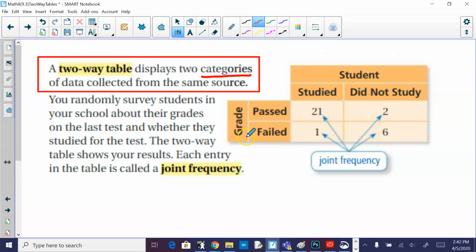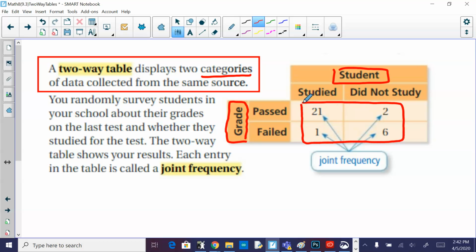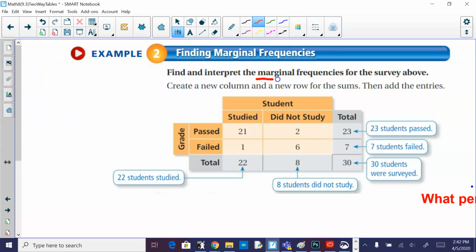So in this example, one category is what was the student grade, pass or fail. The other category was, did the student study or not study? And our joint frequencies are all of the numbers of all the responses divided into each category, so you can see how it breaks down. Joint frequency is a fancy term for all of the data that's in the main part of the two-way table. Marginal frequency is a fancy term for all of the data that's around the edge or the margin